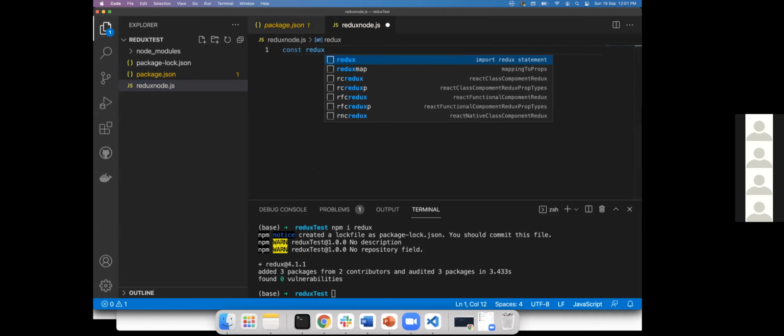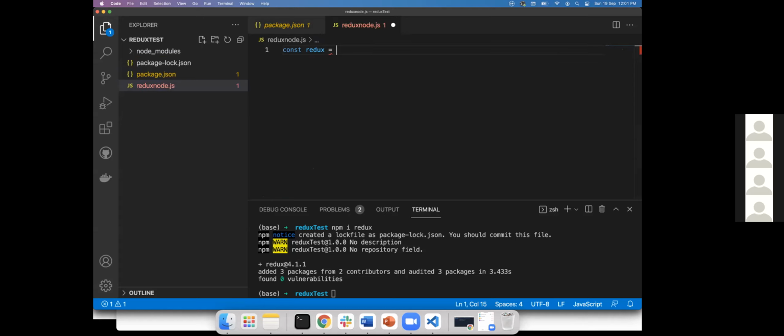Bro, one second. Yeah, package.json is created under the Redux folder. I opened this one in Visual Studio Code.